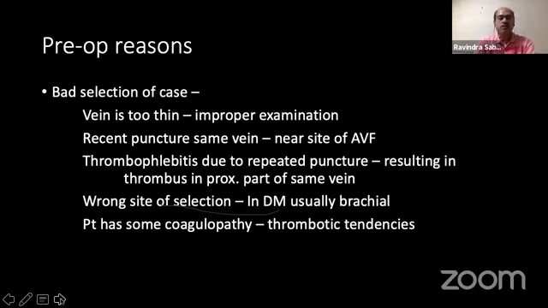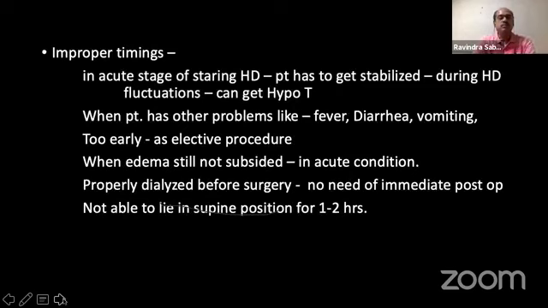Some patients have coagulopathy, some people have thrombotic tendency, that has to be checked. There are certain set of investigations which are available for the hypercoagulation stage. And if you don't understand that, then the fistulas can fail. You do one side, it fails. You do second side, it fails. You do higher, it fails. Not because of your technical problem, but because you have not given the appropriate attention to the hypercoagulation stage, and that has to be checked up. So these can be some of the preoperative reasons of failure of this.